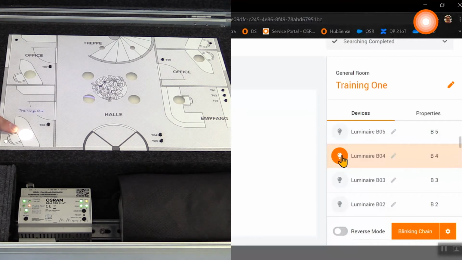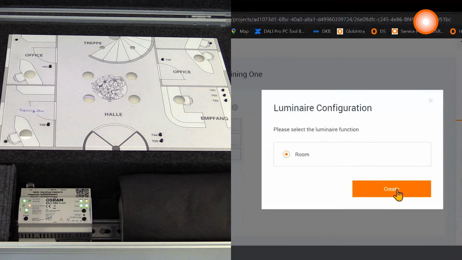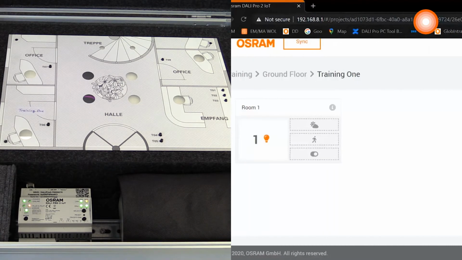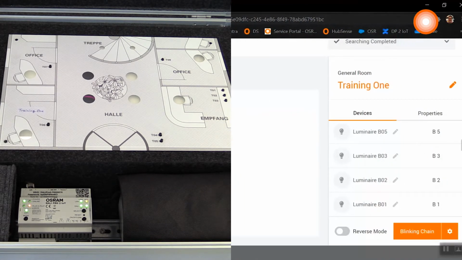And now we take our luminaire B4 via drag and drop into our room. Now our luminaire B4 is directly mapped to our room 1 and it is vanished out of our general device list.